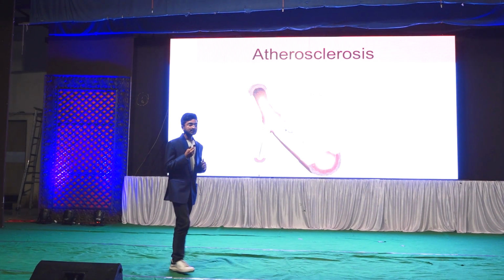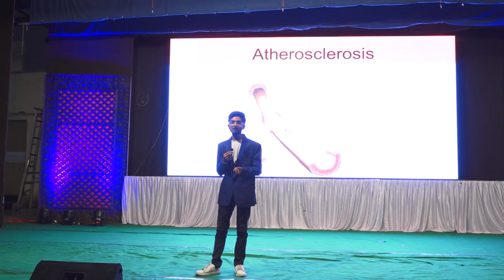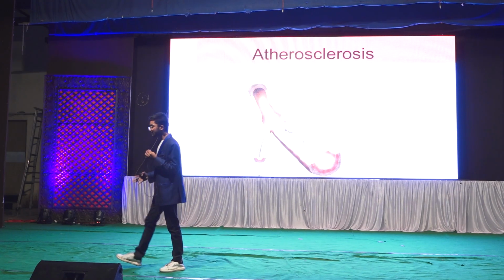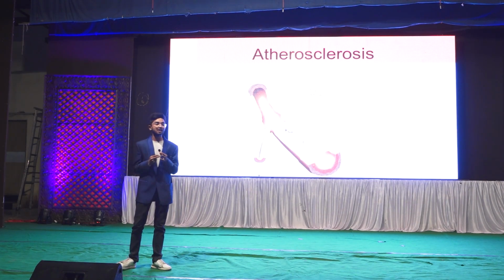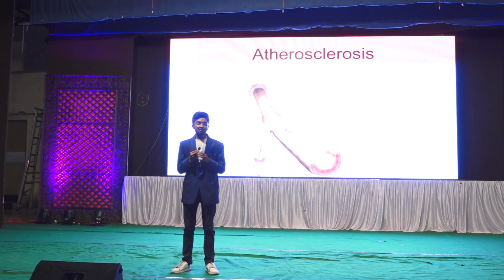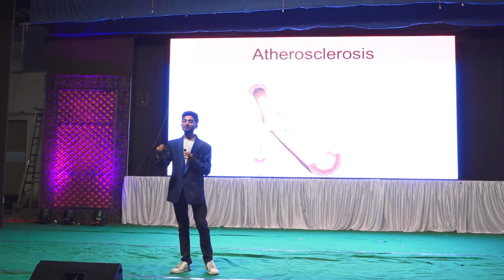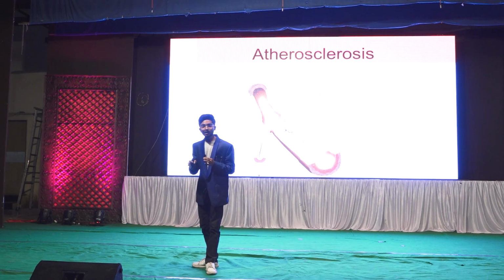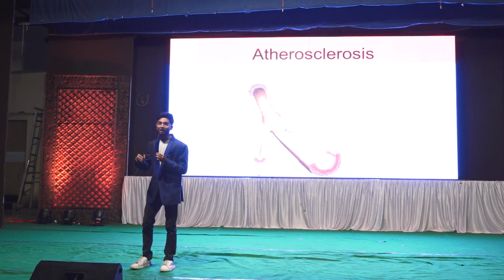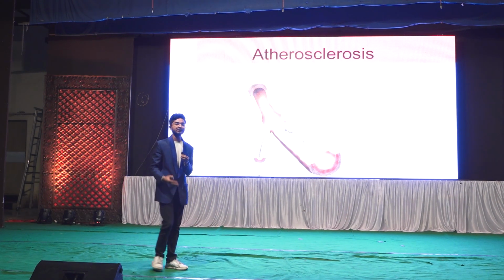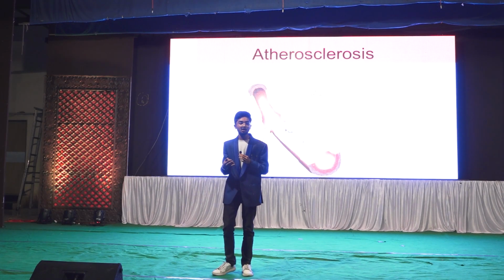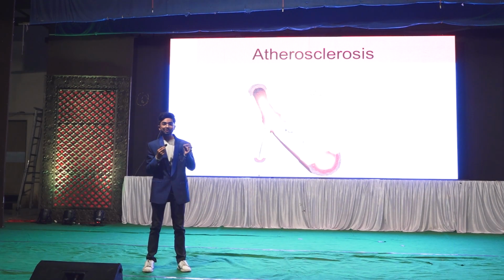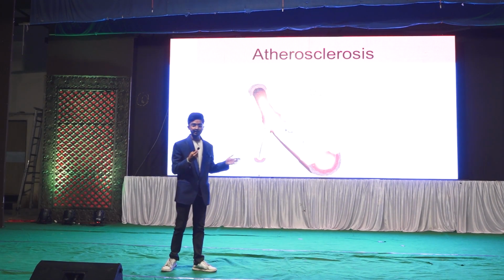Now I will discuss our main topic: why the heart attack occurs, and what the reasons behind that are. There are different conditions in the heart. For example, the first is atherosclerosis. This is a condition of the artery called the coronary artery, which provides the oxygenated blood to the heart. As the heart is a muscle, it also needs blood, oxygen and nutrients for proper functioning in the body. So the coronary artery provides the oxygenated blood and everything the heart needs.